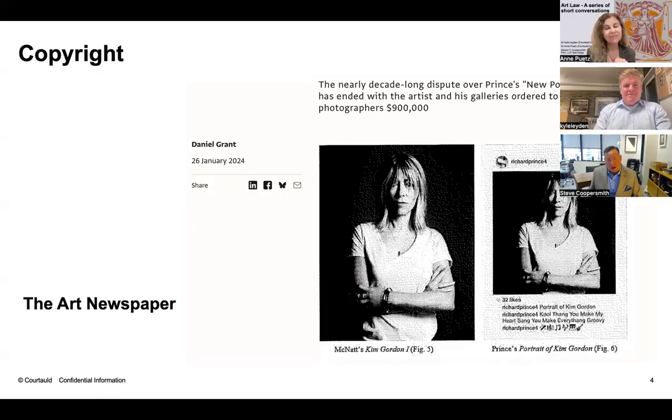I think you have about $900,000 that they were ordered to pay. I think that the settlement was at some amount less than that. But there was a very, very big difference in the way of looking at that and the analysis of U.S. copyright law, and in the fair use, certainly Richard Prince used the fair use defense, and the court basically said that it was being sold in commerce. It was not modified in the image itself.